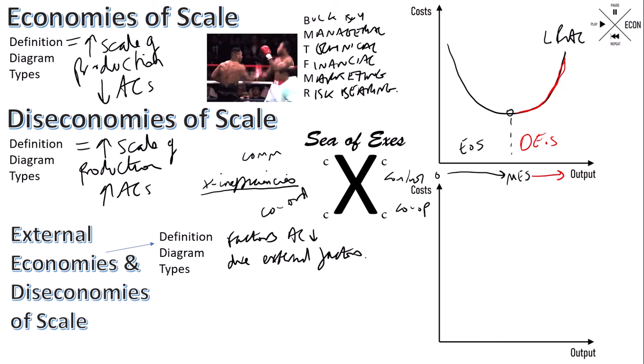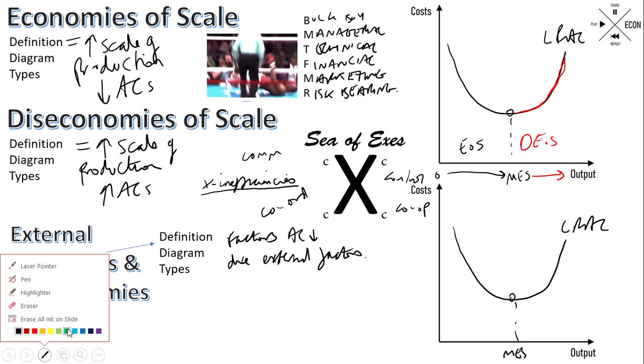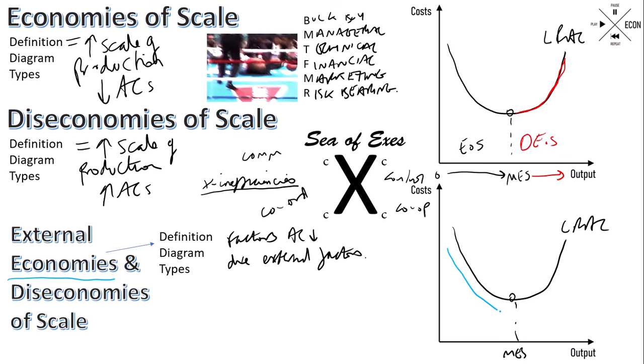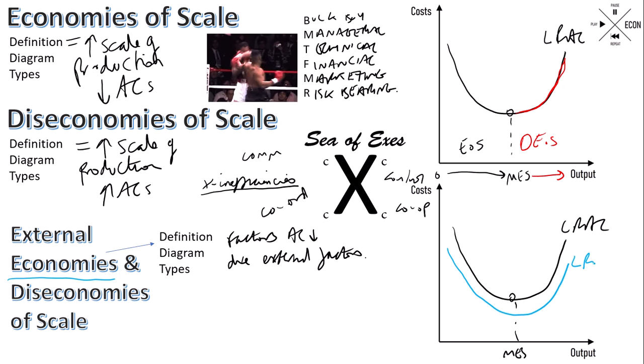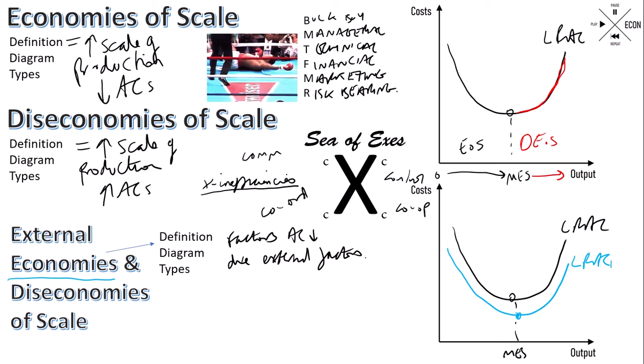The diagram, if we go over here, we've got the same axes, costs and output. Again, we start off with an LRAC, and we can also identify the minimum efficient scale. But this time we have to actually shift the curve. Okay, so if a firm has experienced external economies of scale, we shift the LRAC downwards, okay, to LRAC 1. So at each level of output costs, for various reasons outside the control of the business, have decreased,